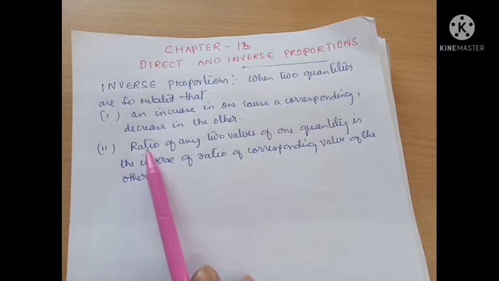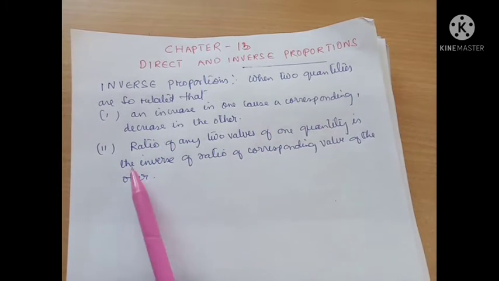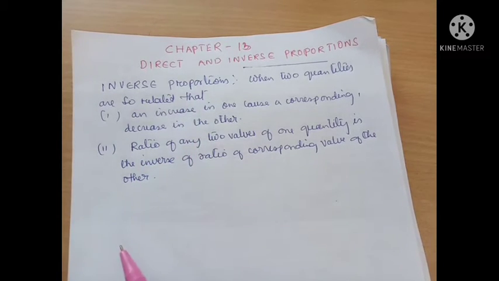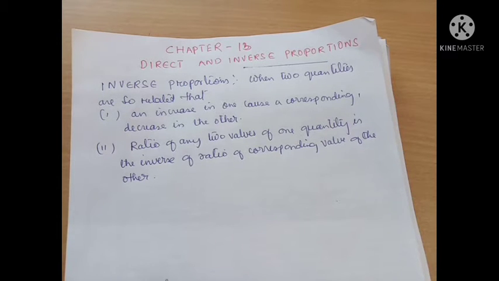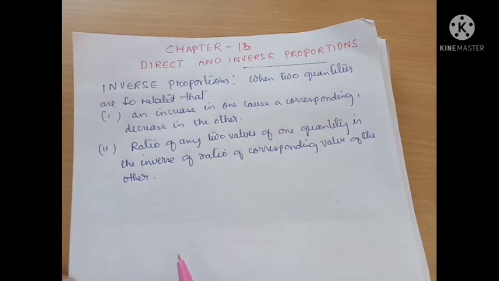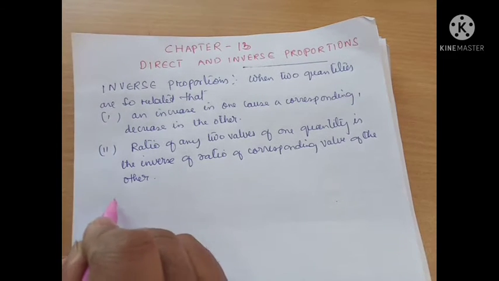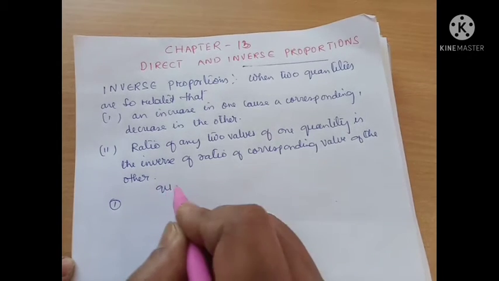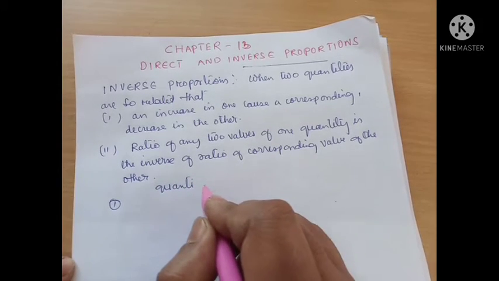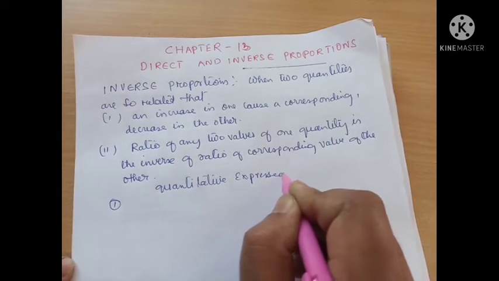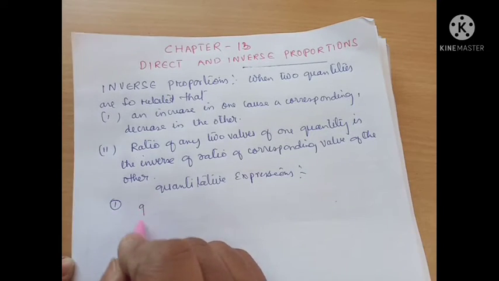The ratio of any two values of one quantity is the inverse of the ratio of the corresponding values of the other. This is the case in inverse proportion. Let us see a few quantitative expressions for variables that are inversely related. There are a few expressions for the inverse. The first one is: